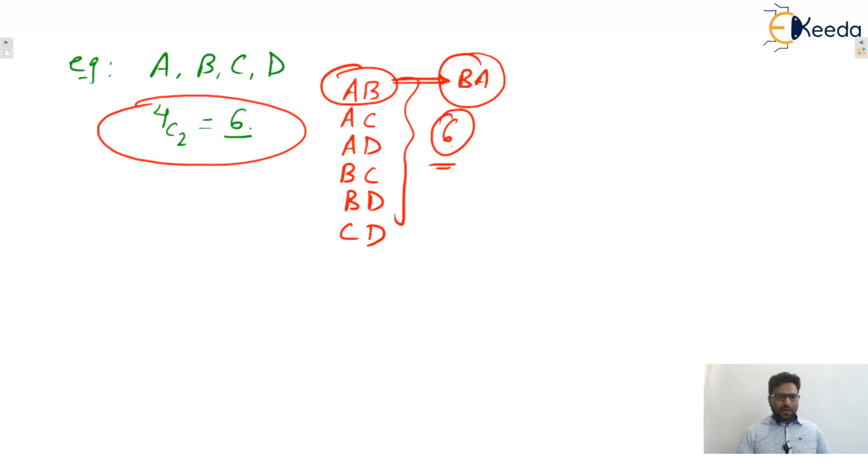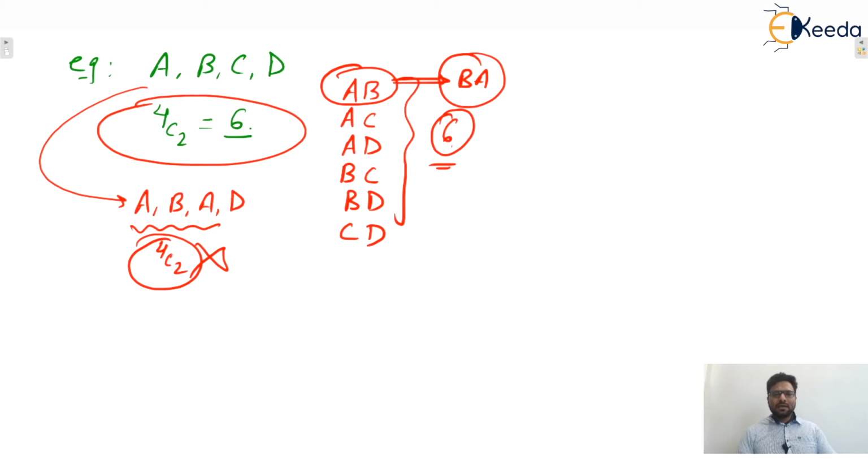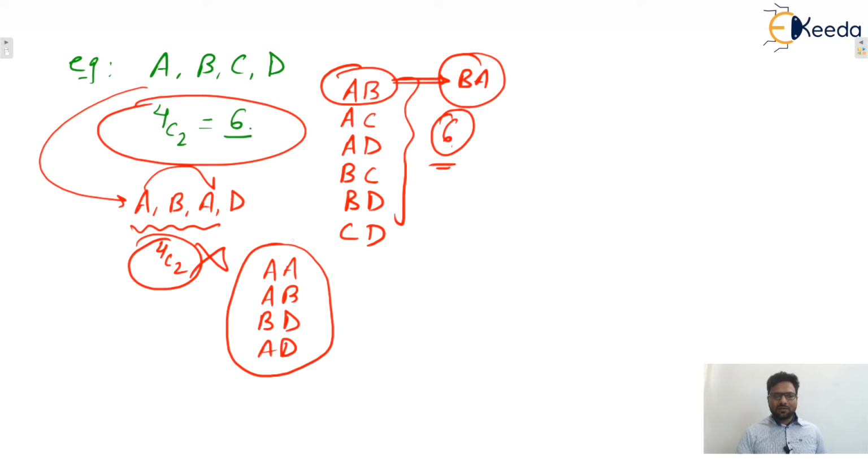Now you only tell me, if any object repeats here, let's say four objects are there. Can you tell that 4C2 will be the answer or not? No, we'll see fewer combinations, because elements are repeating here. You can see here AA, then AB, then BD and AD. Any other, you tell me. So we can say that here only four combinations are there. So we can say that the formula is valid when n and r are both different only. I hope this one is clear to everyone.